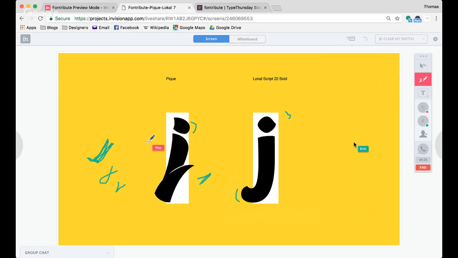Well, yeah, definitely. The main note is the emphasis of the sharpness to round relationships in Pique to help emphasize this point. What's really interesting in the tittle of Pique is this kind of cupping effect. It's not what I would expect. The solution would be a more radical curve on that side compared to the other aspects of the dot for the J. So I thought that was really interesting about it. And I'm very surprised to see this kind of cut-out solution. I actually would have expected